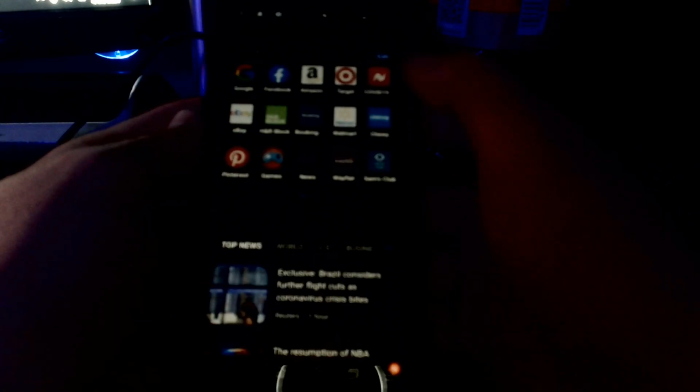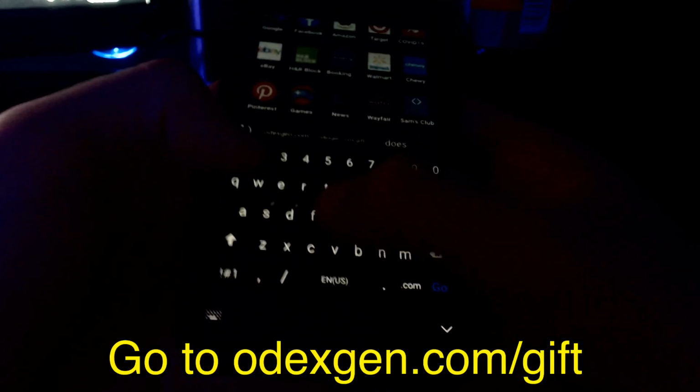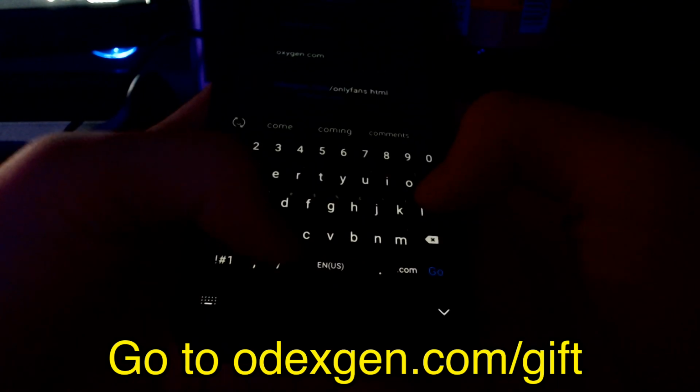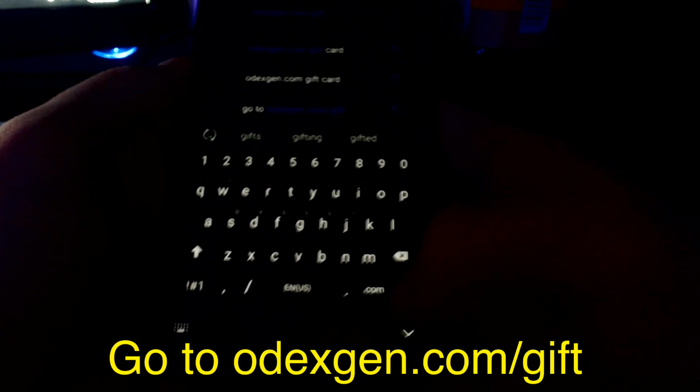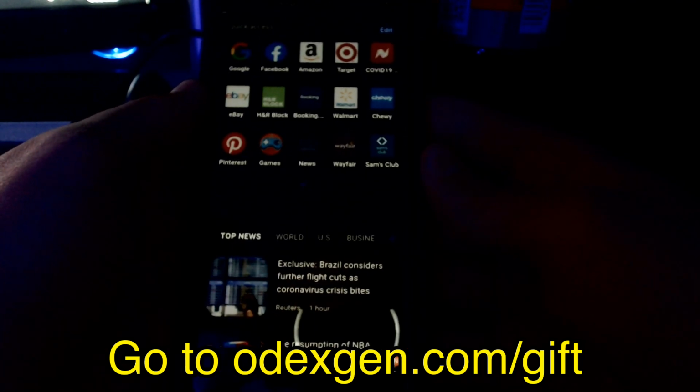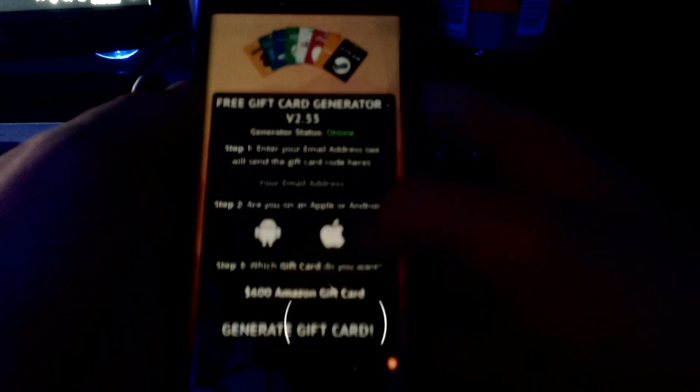Alright guys, so the first step is open up your browser and then go to your search bar and type in odexgen.com/gift. And this will take you to odex.com/gift, which is a gift card creator. As you can see here,